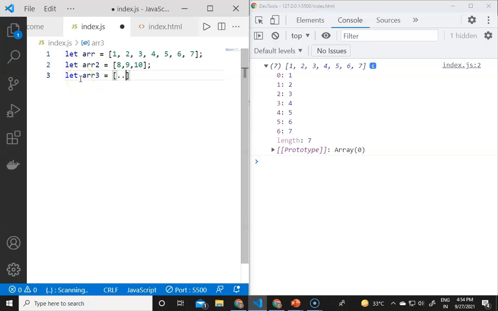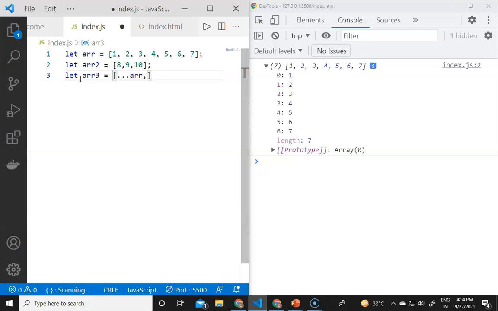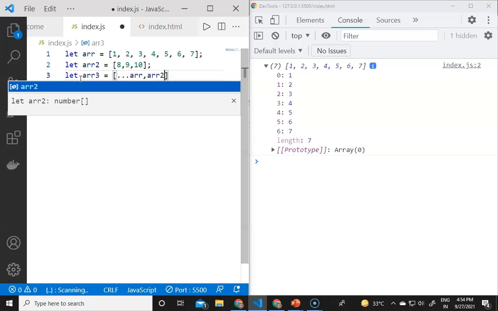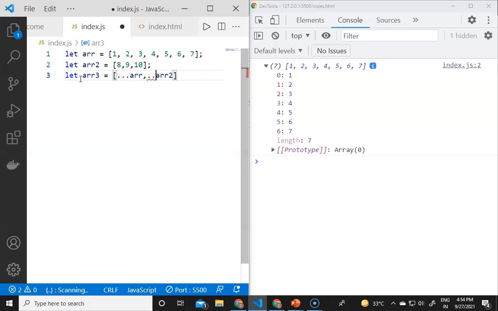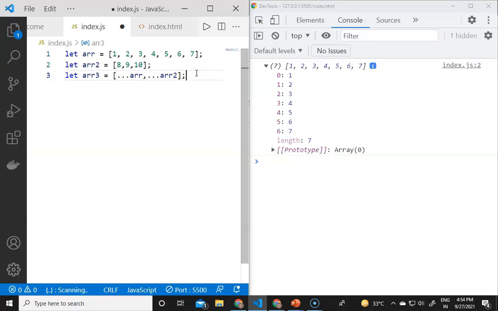So it would be three dots, the spread operator, then arr, and then three dots arr2. It will merge these two arrays into arr3, and if I console.log arr3, it will give me all the elements stored in arr3.